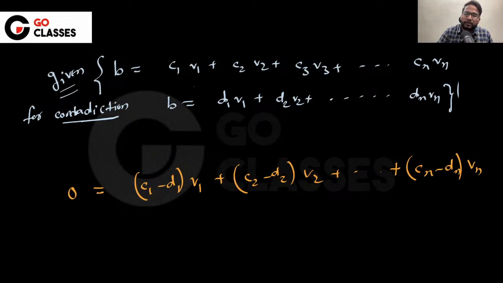You will be getting this. See, you got this. This is just some coefficients. Is this possible? They have said these columns are linearly independent. B1 to Bn are linearly independent. This is possible only when all are zero. All are zero if they are linearly independent, which means C1 equal to D1, C2 equal to D2,